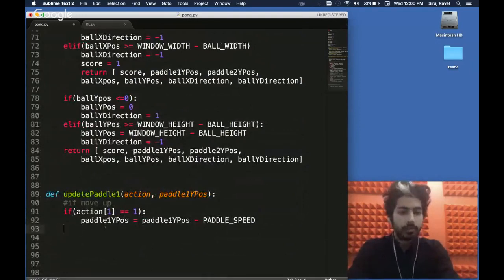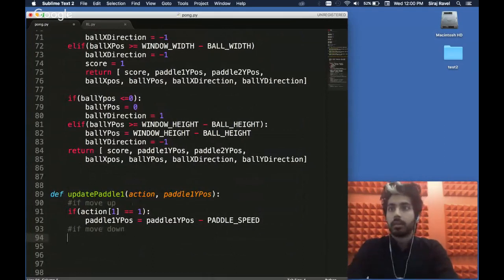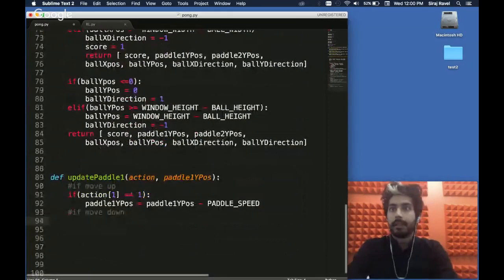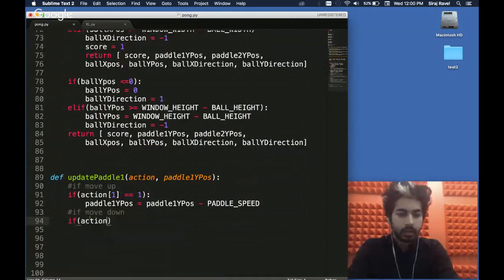Now if it moves down, if action is 2 equals 1, if we try to move down, then we want to update the position to move the paddle down.